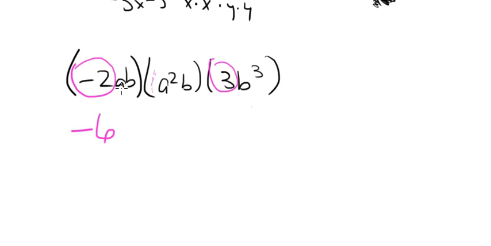Now, with my variables, I just add up how many variables I have. How many a's do I have here? One here. 1. How many here? How many does that give me? A to the third then. How many b's do I have here? 1, 2, 2 and 3 is 5, right? Yeah, and 2 a's plus 1 a is 3 a's. 1b plus 1b is 2 b's plus 3b is 5 b's. You see how I did that? That's all it is.